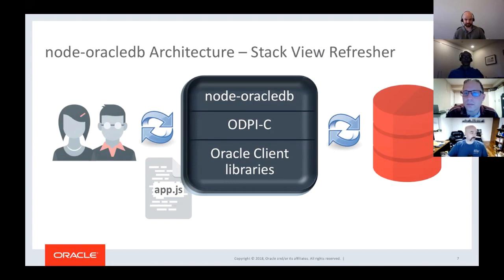So that's something we do want feedback on: is that okay? Because obviously we want to get to N-API sooner rather than later, because that's just the way to go. And obviously if you have one of those older versions, then you can always use an older version of node-oracledb as well. So you do have multiple choices there, but let us know what you feel. Are you okay with us shipping with N-API support, which is hidden, you won't notice, except performance may be a little slower if using long objects, unless you have one of those latest, greatest versions of Node.js? Let us know. And with that, it's over to Dan to speak about long objects.